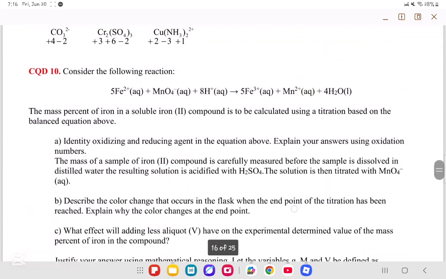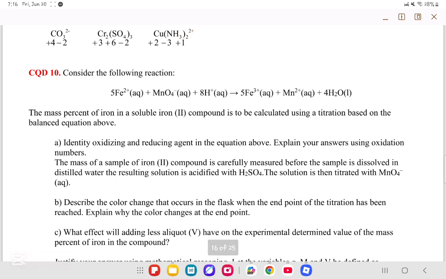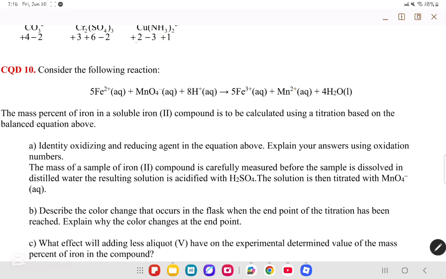Ooh, big question. What does it say in CQD number 10? They said, the mass percent of iron in a soluble iron trioxide compound is to be calculated using a titration based on the balanced equation above. Identify the oxidizing and reducing agents in the equation above. Explain your answers using oxidation numbers. Okay, so they want us to find what the oxidizing agent means: what undergoes reduction, or gain of electrons. And then the reducing agent is the one that undergoes oxidation,